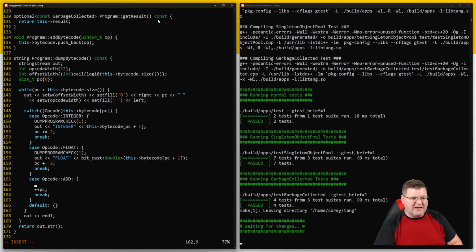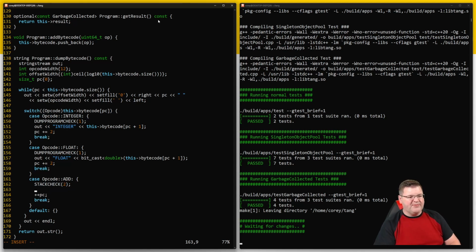we need to check that our stack has 2 things. So let's just call it stack check, and in this case it needs to be 2. We haven't written stack check yet, but we will. And assuming we're now at this point, that means we got past the stack check. And so we need to say